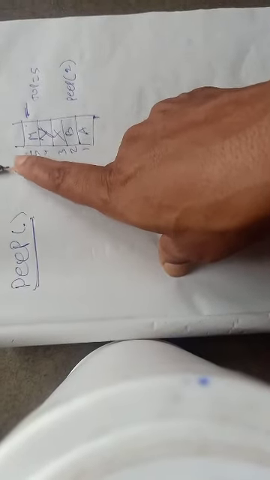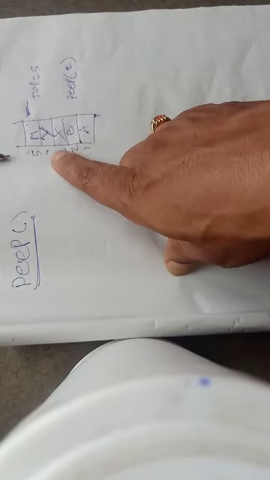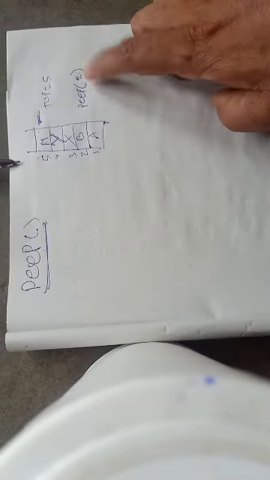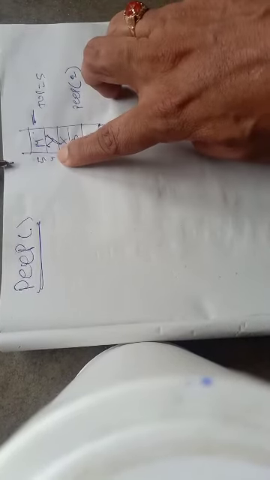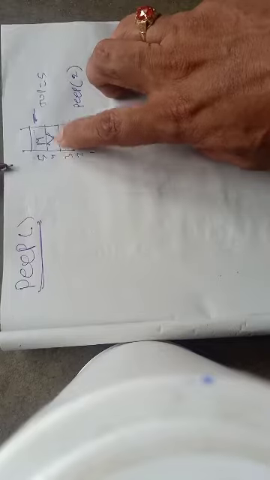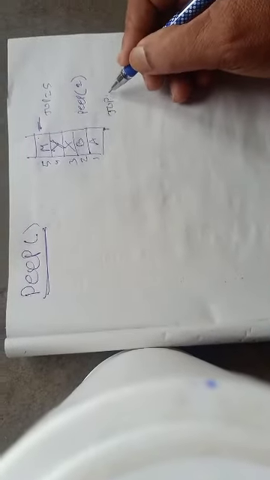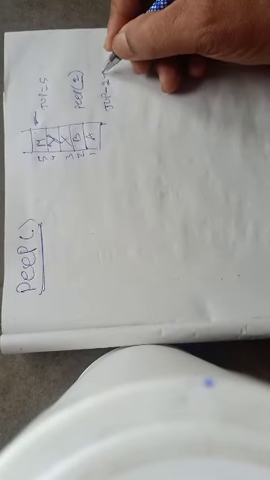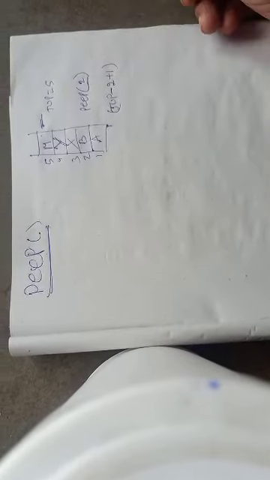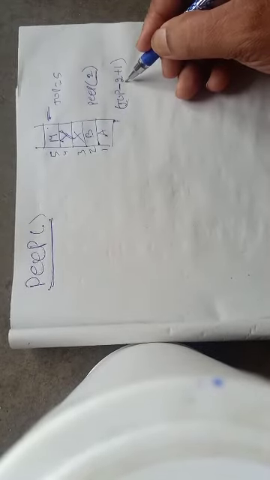Second element means the item present next to top, so this is Y. So when I pass peep 2, it should return the value Y, but you need to find out what its index is, and the index must be how much? 4. So how can you find out the index? You can perform top minus this value 2 plus 1. This will give you the index: top minus 2 plus 1.